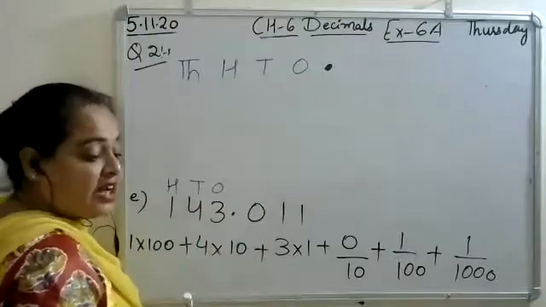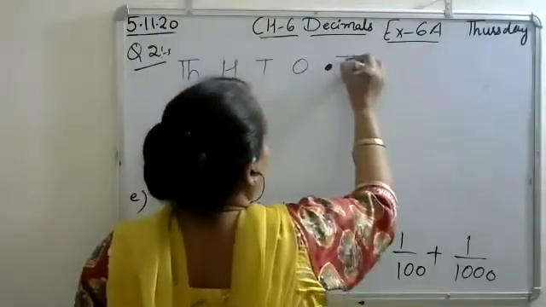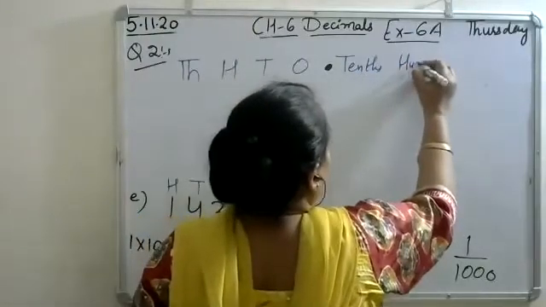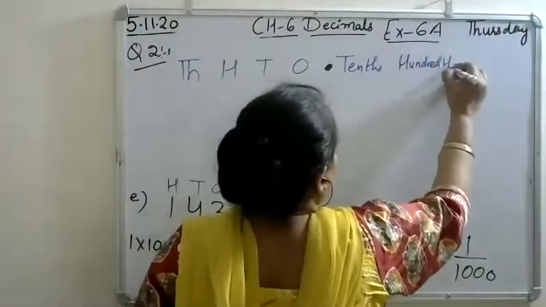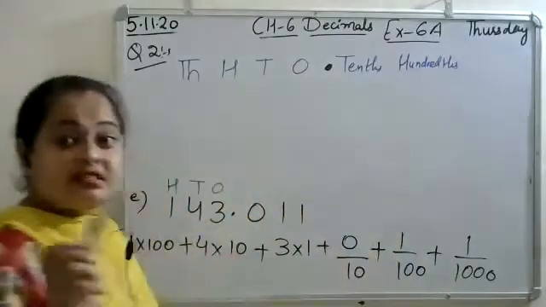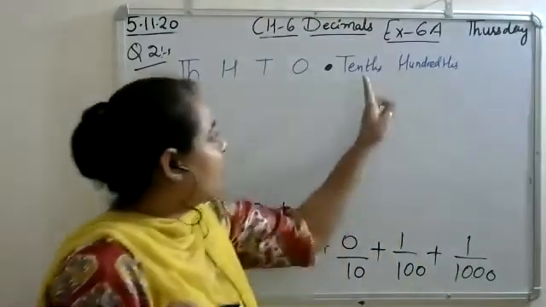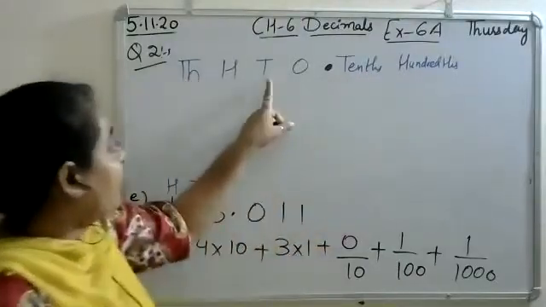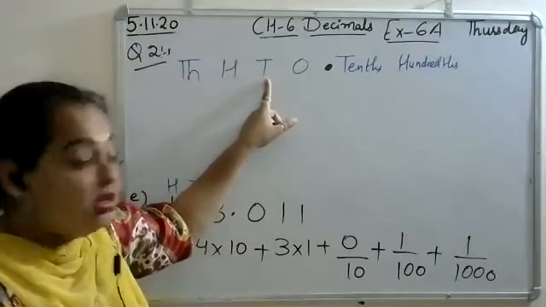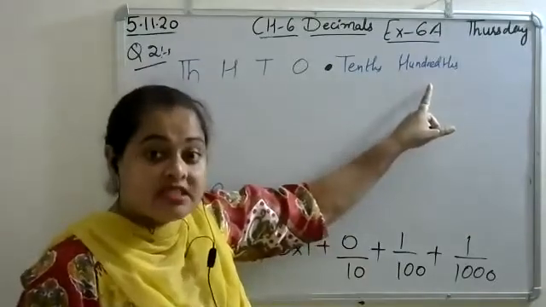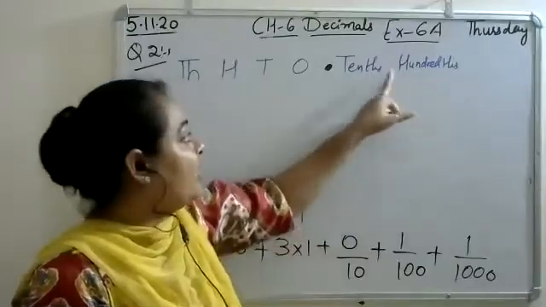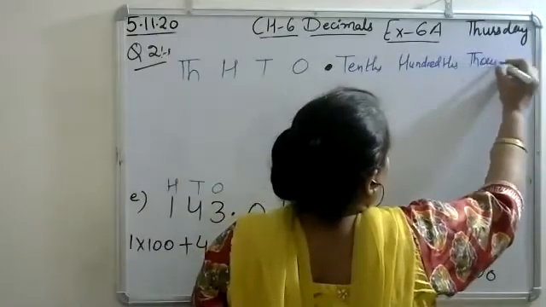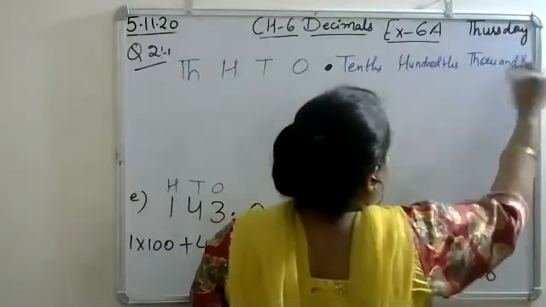And on the right hand side we have decimal system. Tenths, hundredths. In decimal system you will always write THS. Okay, you will not write 10, otherwise this will become the 10 of the left hand side. On the right hand side we have decimal system and always write THS. Similarly 1000 THS, thousandths.